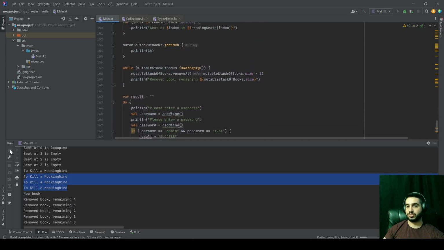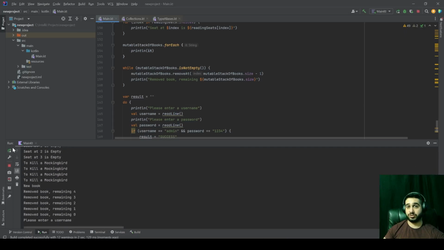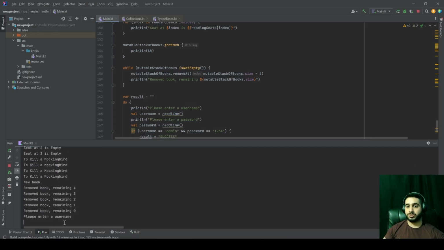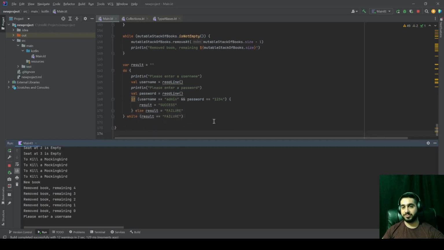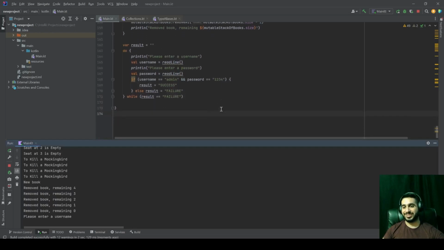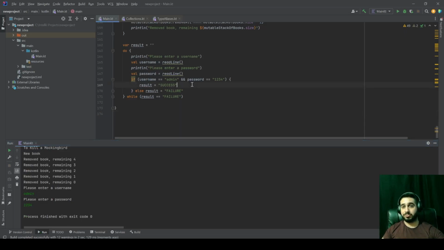So run our function again. You can run from here. So please enter a username. Please let it work. Admin. Please enter a password, 1234. Okay, process finished. It's better to print out a statement to the user so that he can know that the